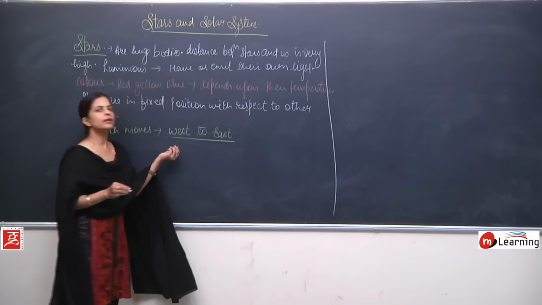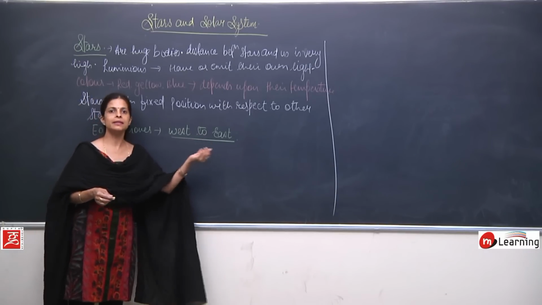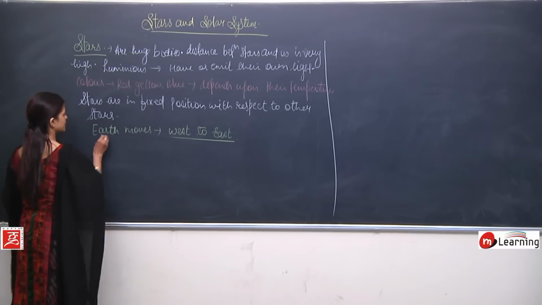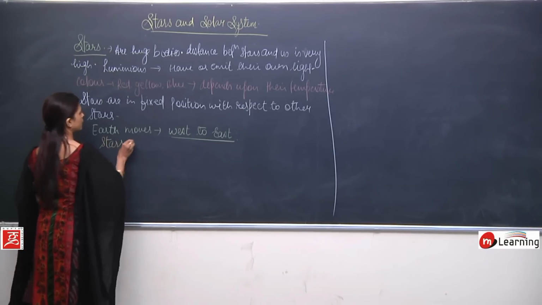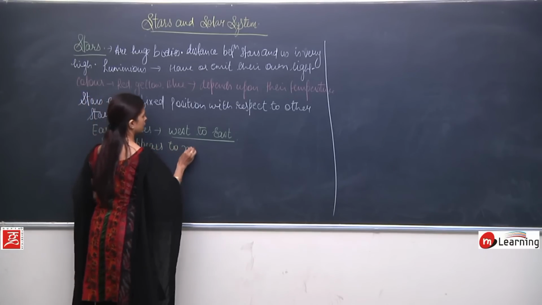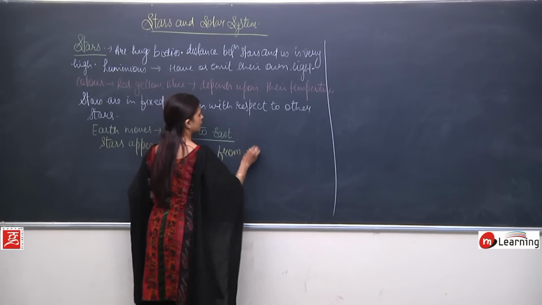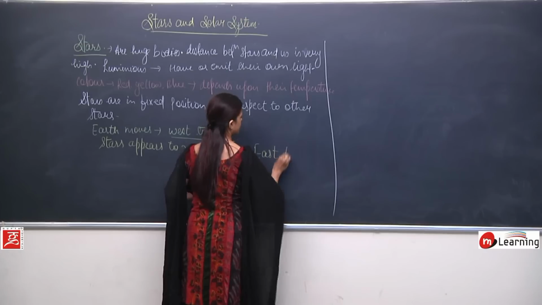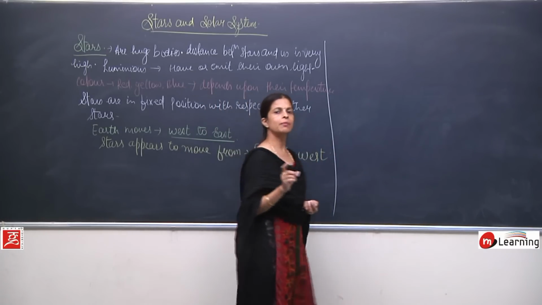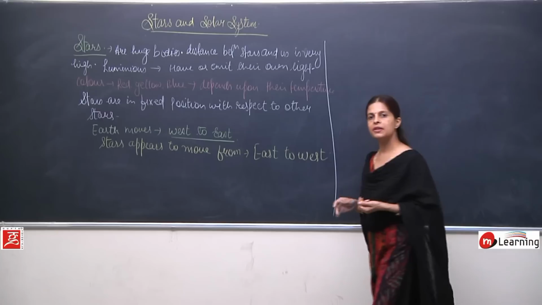Now, when Earth moves, when we are moving from west to east direction, the stars appear to move from east to west. Please remember the example of the train, that when you sit in the train and the train starts